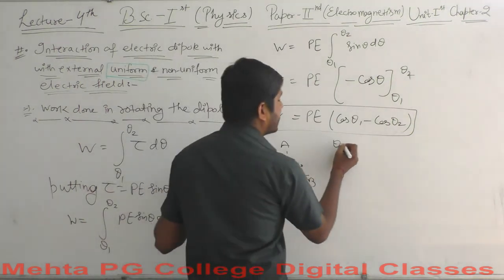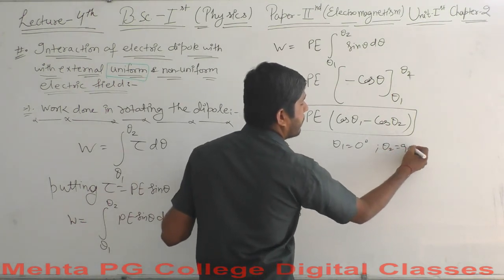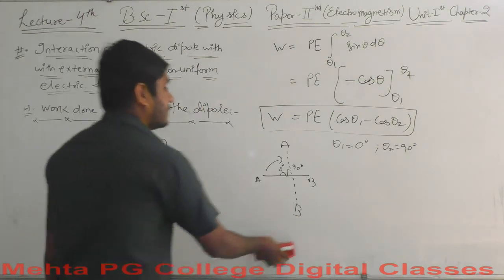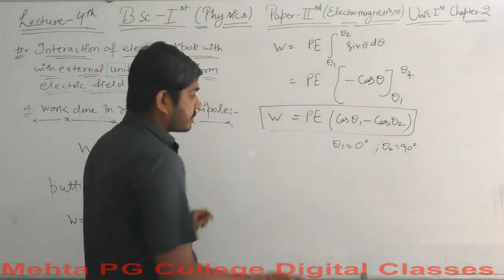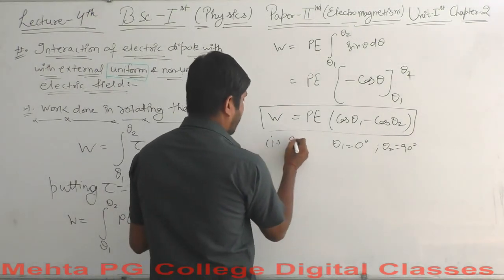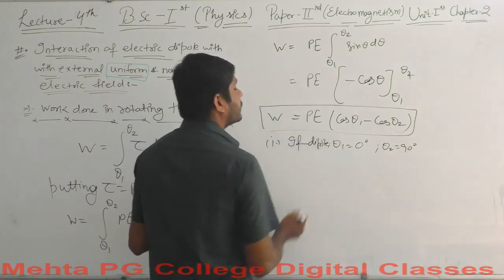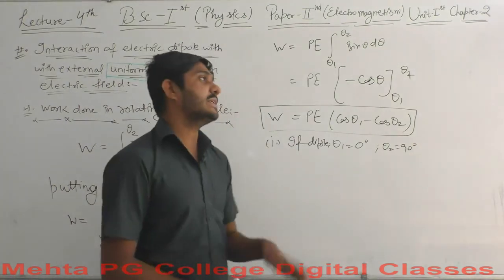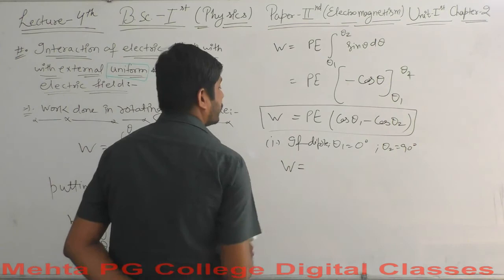It means theta 1 is 0 degrees and theta 2 is equal to 90 degrees. This is the first case: if the dipole has theta 1 equal to 0 degrees and theta 2 equal to 90 degrees, the initial and final position, then the work done W will be equal to